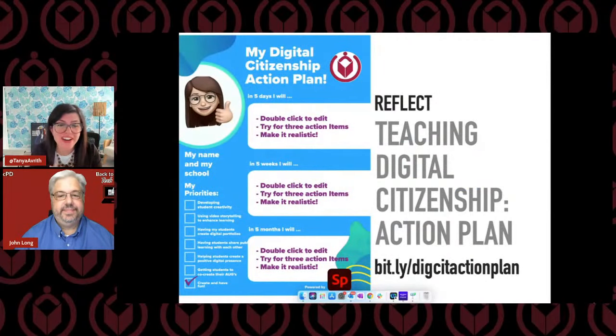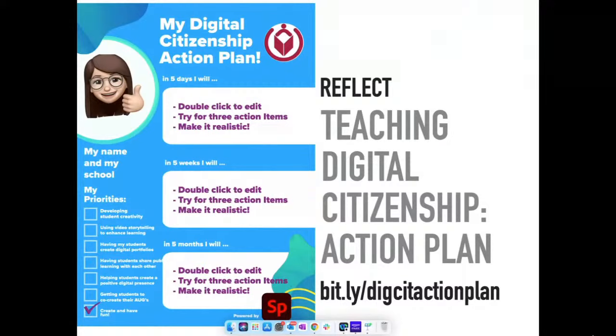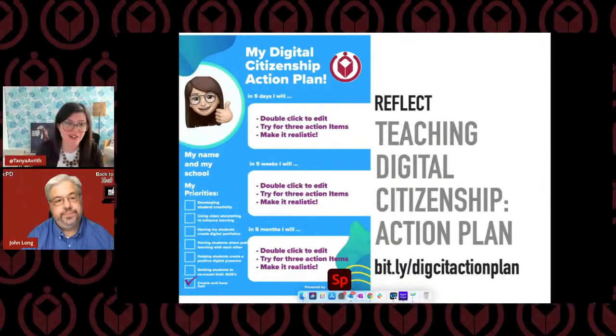And last but not least, John, this is an action plan, and I won't get into it, but it's linked on my Wakelet collection. So if you want to participate in creating your own action plan after watching the next few sessions today, it's a remix template using Adobe Spark Post, and I've created it for you, and you can just take it and make it your own, and create your own digital citizenship action plan. Not right after this session, but at the end of the day, thinking about what you've learned and how you might apply it into your curriculum, into your program this year, thinking about in 5 days, in 5 weeks, and in 5 months. So it's a great way of consolidating your ideas.